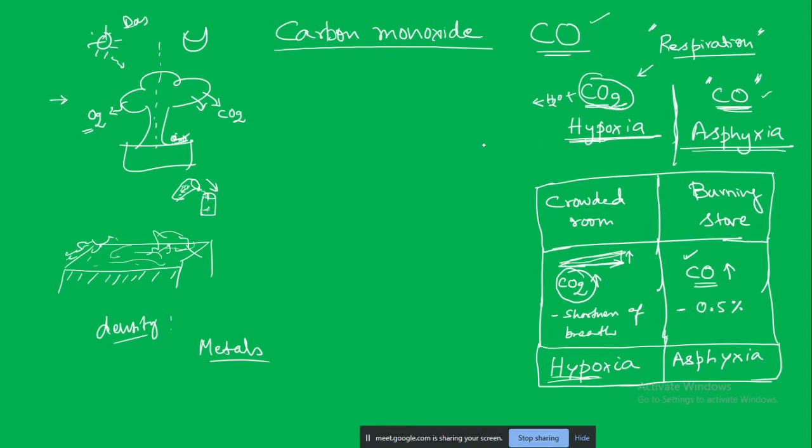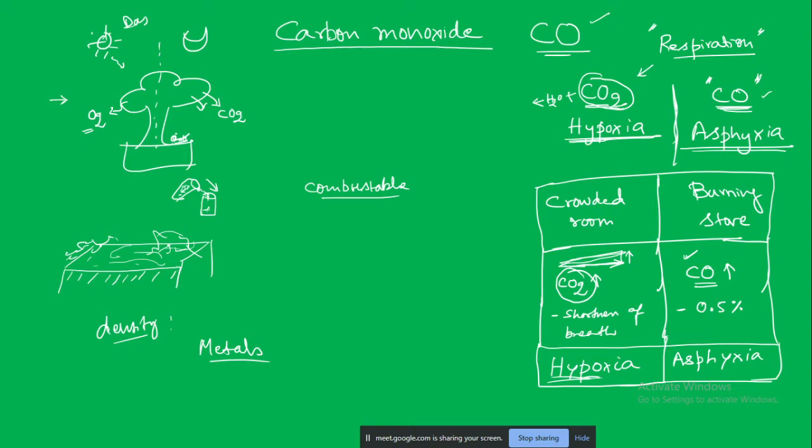Next is combustion. Combustion means ability to burn. So is carbon monoxide a combustible gas? Yes. If we burn it, carbon dioxide will be produced. Also, carbon monoxide is combined with other gases like hydrogen and nitrogen. All these things we will see: producer gas and water gas. They are also highly inflammable and highly combustible. They are used in industries for generating heat and also in reducing processes.